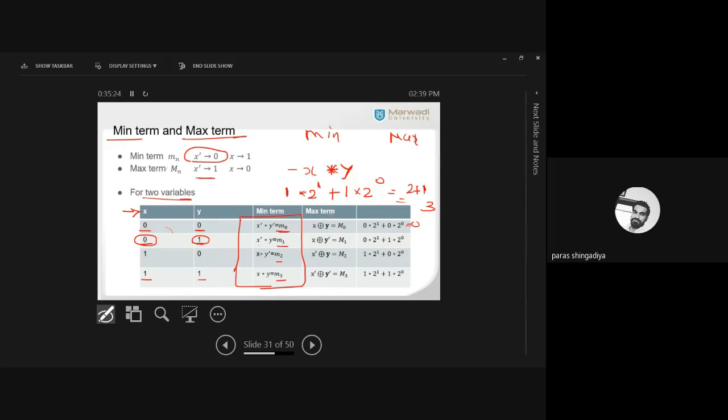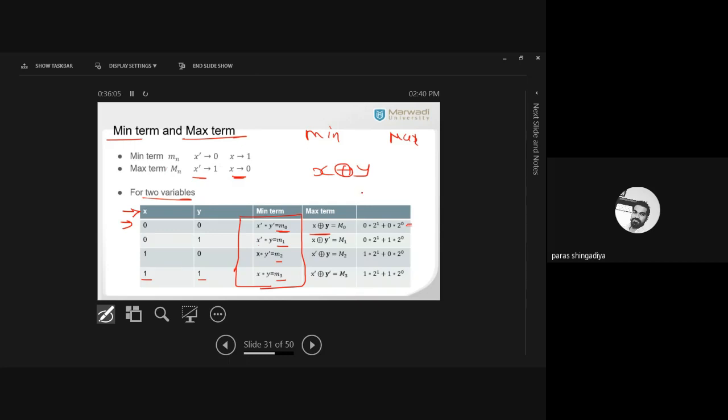And now for max term, just change the operator, means star in place of ring sum, and also change the complement entry. Okay? So in the max term, we have x dash is equal to 1 and x is equal to 0. Okay, normal element represents the 0 and complement represents the 1. तो फर्स्ट केस में दोनों जीरो है, तो उसका एक्सप्रेशन क्या होगा, x रिंग सम y, ठीक है, और आउटपुट सेम ही रहेगा.